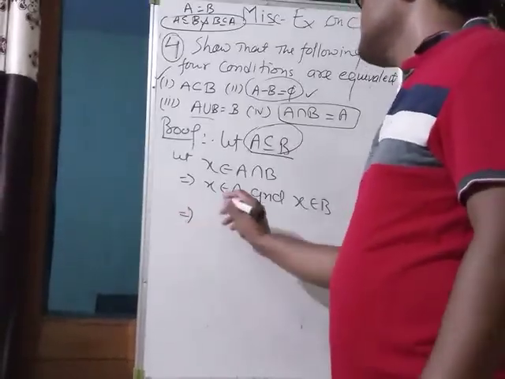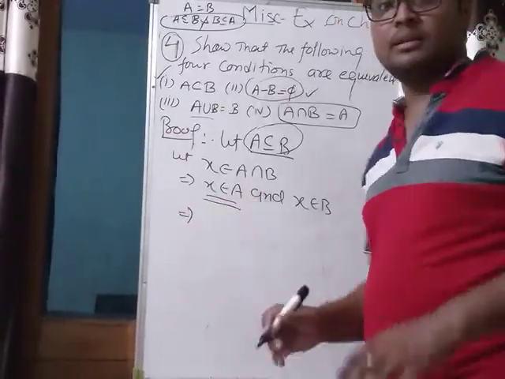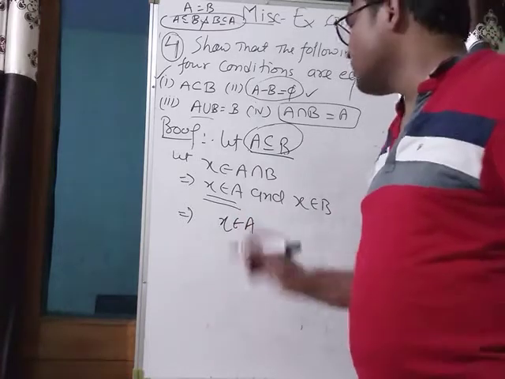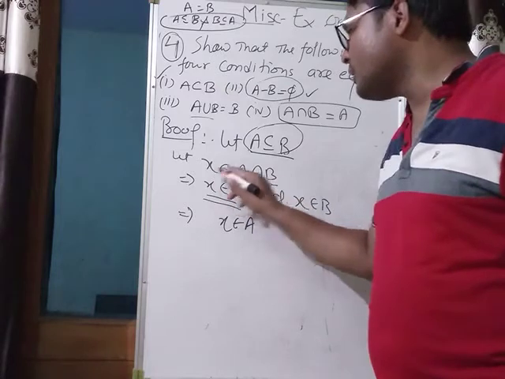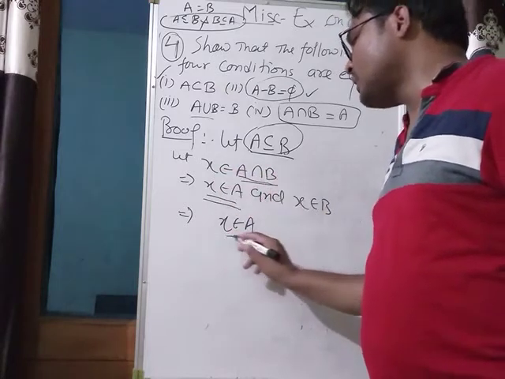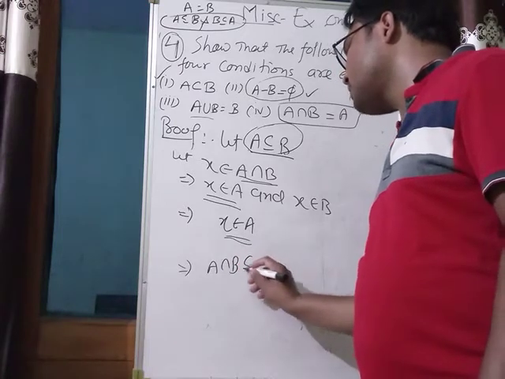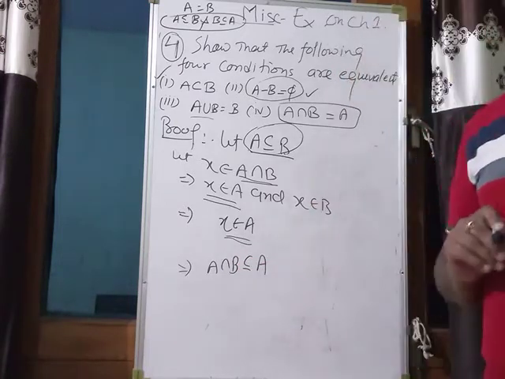Then from here you can see x a में बिलोंग कर रहा है, नेसेसरली बिलोंग कर रहा है. X belongs to A means each element which belongs to A intersection B must belong to A. Clearly A intersection B is subset of A. Okay, now